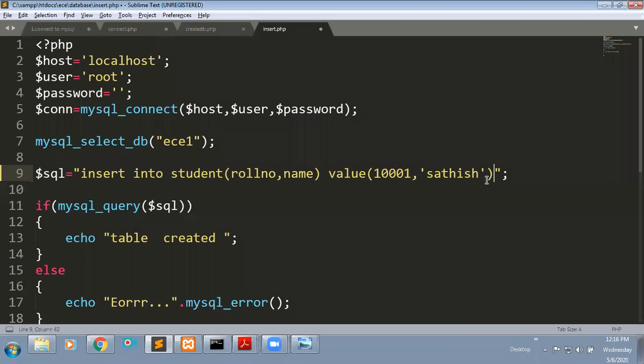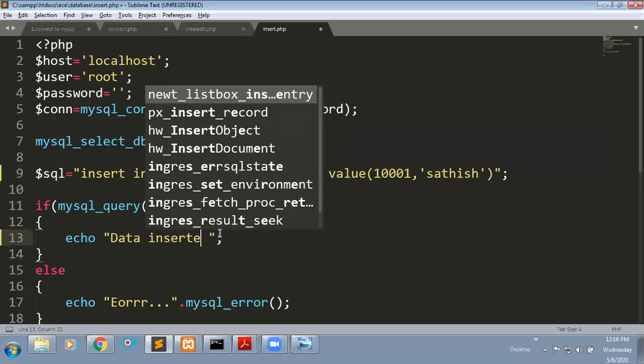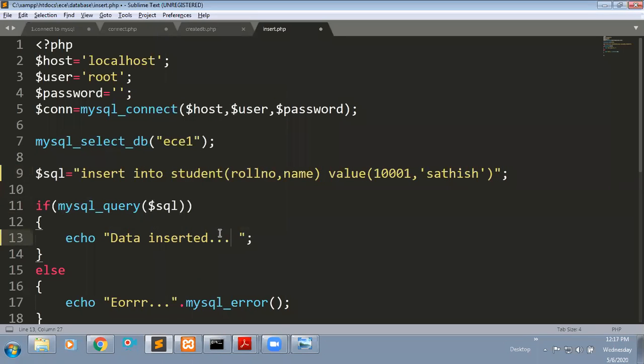This is the query. Same as before, we will change only this query. For insertion, I'm just changing this query and passing it into this mysql_query. Instead of the table-created message, I will change the message to data inserted, a simple message.